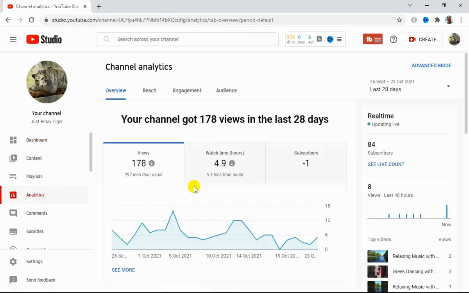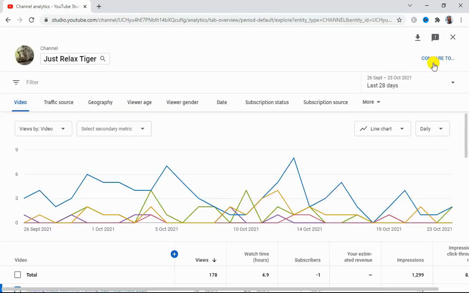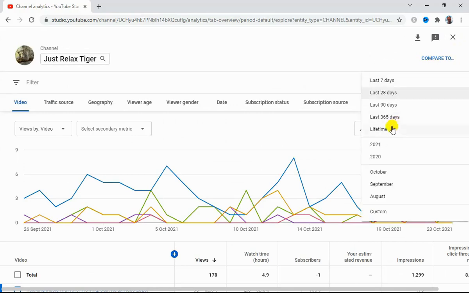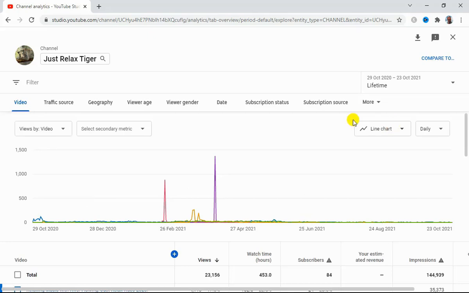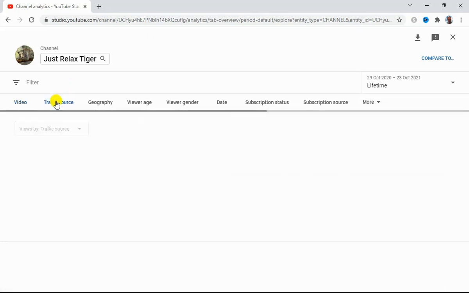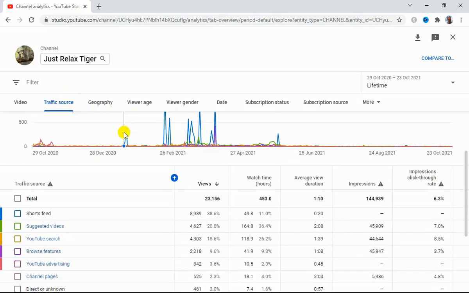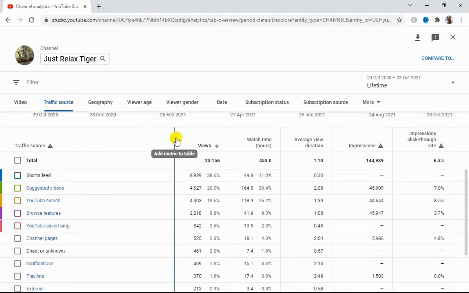And here you go to Advanced Mode. From here, you change this to 365 days or lifetime, just to see how your views are going. Click on the traffic source just here, go down, and then click this blue button,